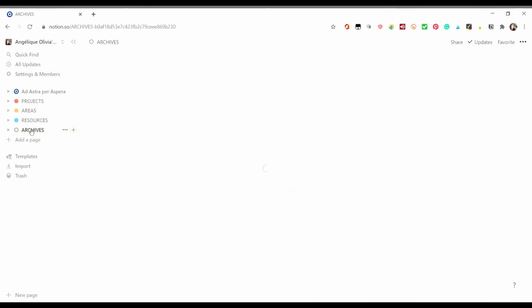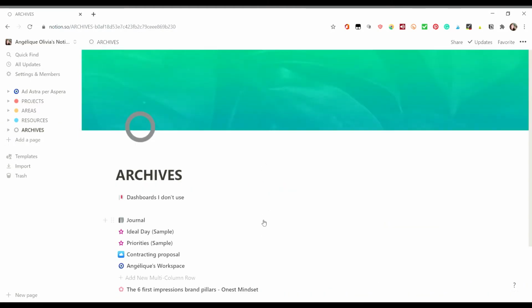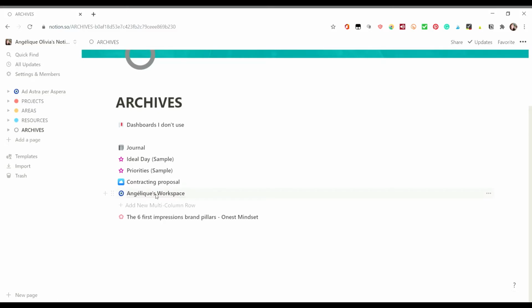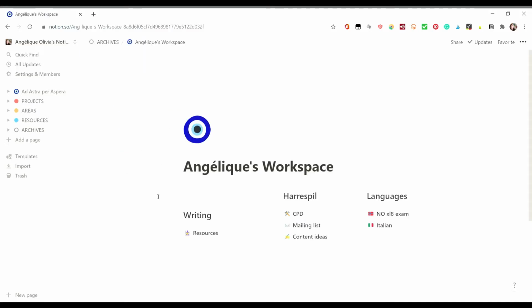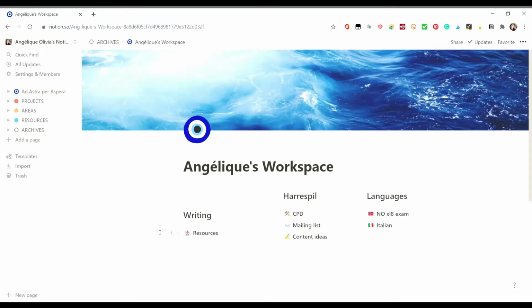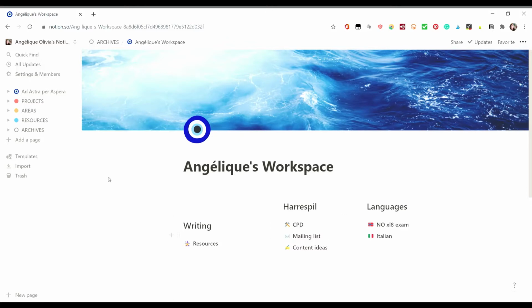archives. I'll show you what I started with. This is my old workspace. As you can see, I used a few pages since then, but it was just organizing pages using templates that are included in the app. And it wasn't really what I wanted, because I really needed something that would have databases and I would link